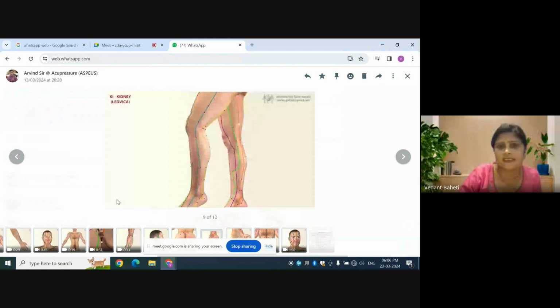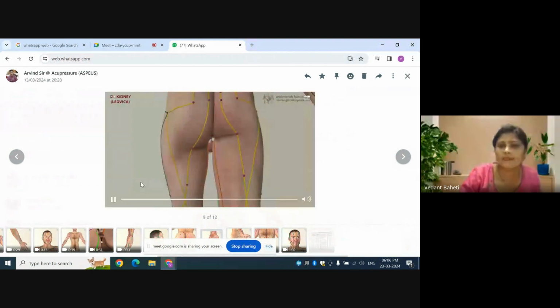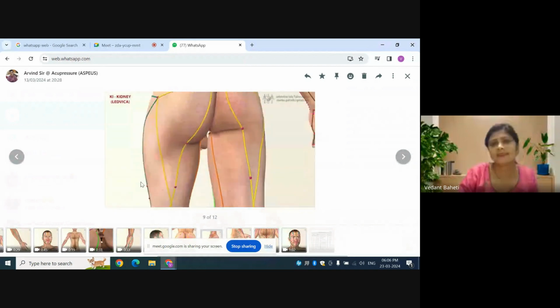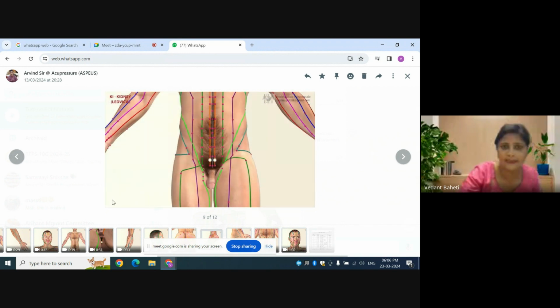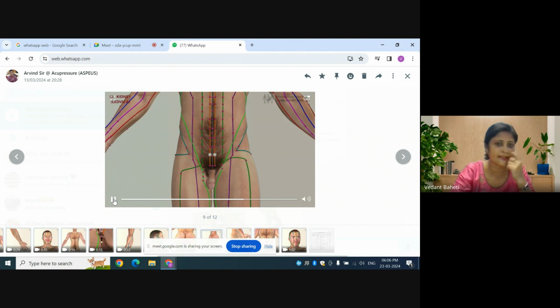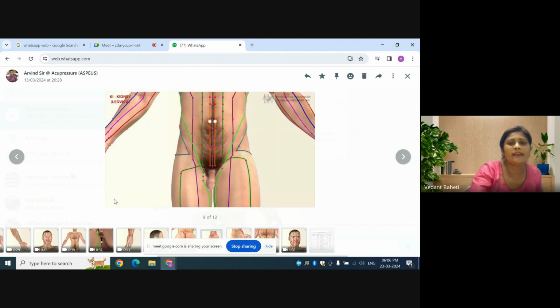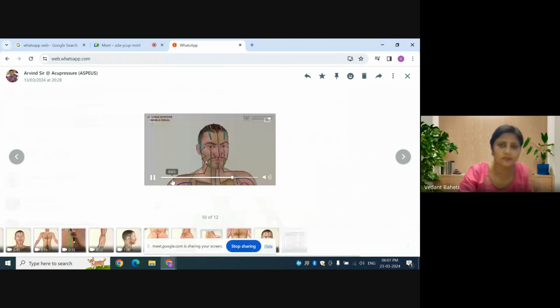Now the importance of the kidney meridian: it has the life essence, and you can see it's going parallel to the CV meridian. As I told you previously, this meridian is going very close to the CV meridian. So if any problem in